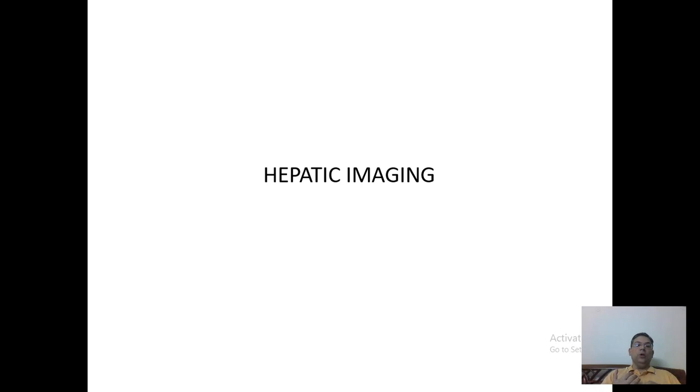1, because it is non-invasive. 2, there is no ionizing radiation to be afraid of. 3, it is easily available. 4, it is much cheaper than any other imaging modality that we commonly use for hepatic imaging. Then what's the downfall? The downside is that it is a very operator dependent investigation, and a good or a bad ultrasound really depends upon the kind of operator who is using that ultrasound probe and the kind of machine